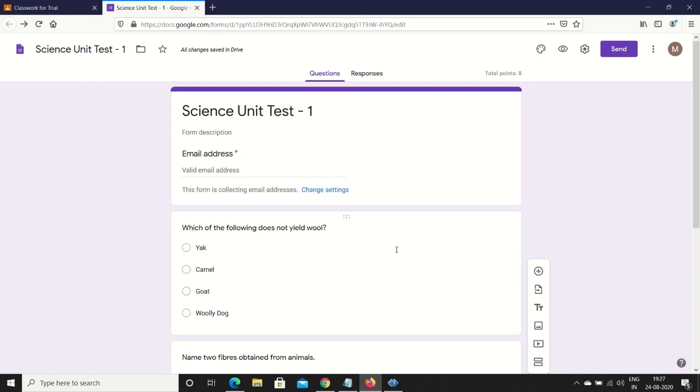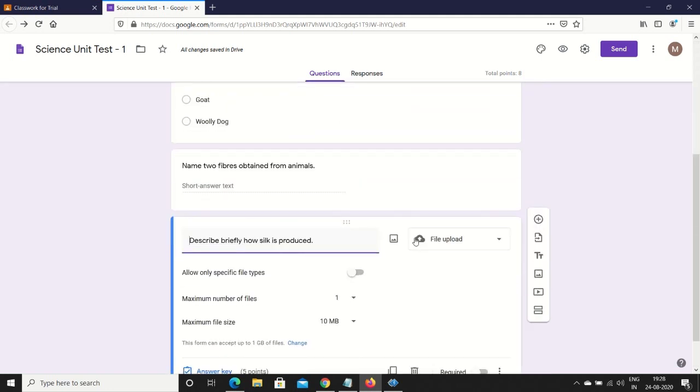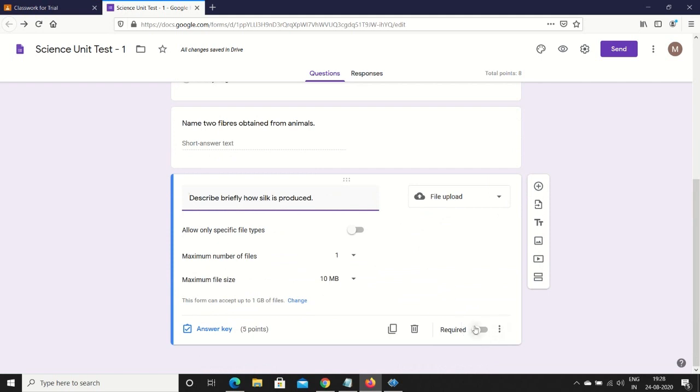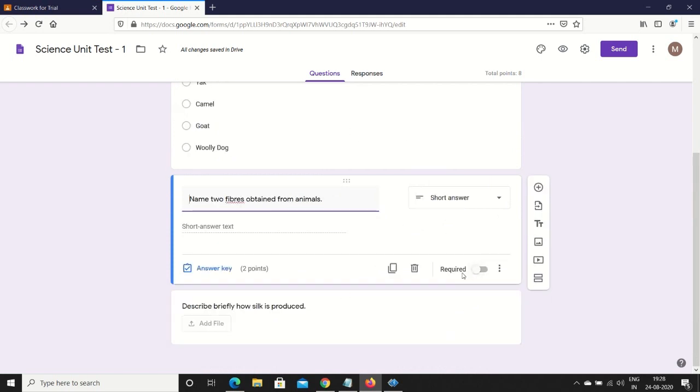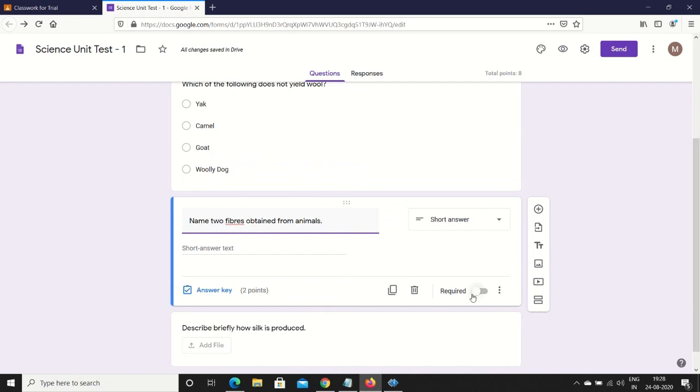In this fashion, you can add more multiple choice questions, more short answer questions, and more lengthy answer questions. I have already shown you 3 different types, and I think these should be enough to cover your requirement. After this is done, you can see for each question there is an option whether you want it to be required or not. Since most of these questions are such that if the student knows the answer, he will write it down, and if he doesn't know, he won't, it's better you keep it off.